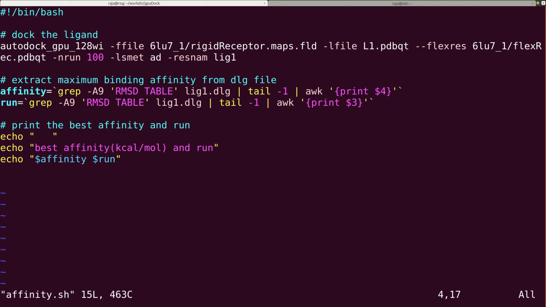The actual command to dock is already in the path. This is the actual executable that will do the docking, and the -ffile option is after that. We have to call the FLD of the receptor inside that target folder, and the -lfile is the ligand, which is right here, l1.pdbqt, and this is prepared as a flexible docking. So I have the flexres option here and the flexible residue also here, in this pdbqt, and I am checking for 100 different poses, so nrun is equal to 100, and this is the force field, and this is the output name. Roughly. The next part of the script extracts the minimum binding affinity from the DLG file,